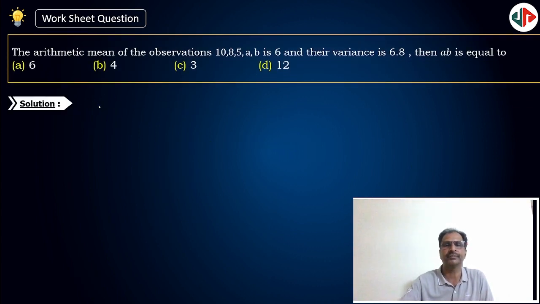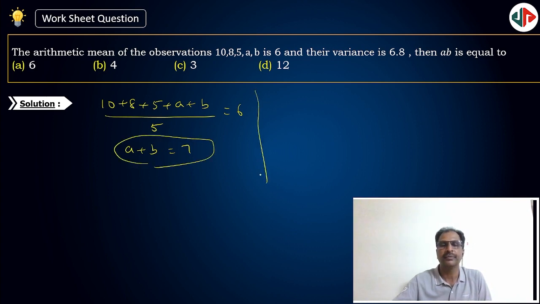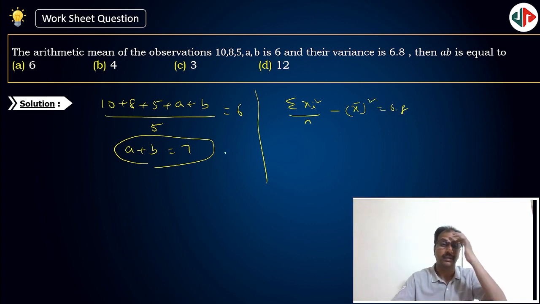Next, the arithmetic mean of the observations is 6. This is the arithmetic mean. From this, a plus b is equal to 37 minus 30, so a plus b is 7. The variance is given as 6.8. Variance is sigma xi square by n minus x bar whole square. This is given as 6.8, which means